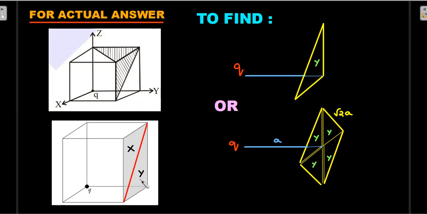So this x or y, if I can find out, because the sum is already known, I'll be able to answer it. So to find y, I take y. I borrow the picture of y here, and I borrow the charge and its distance from that y surface. So I need to find this y.